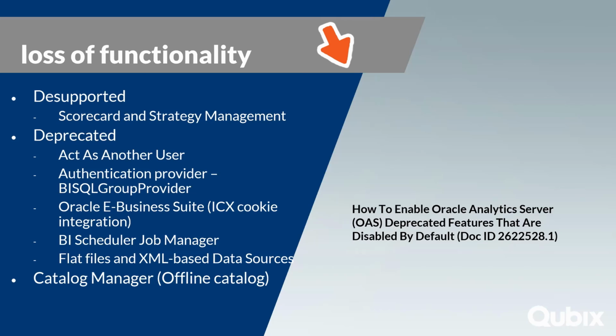Other important features are only deprecated for now. They can still be enabled and used, but their future is unsecure. The most important of them is act as another user. I think Iztok has already talked about how useful it is, and we really don't want to lose it. So it was quite